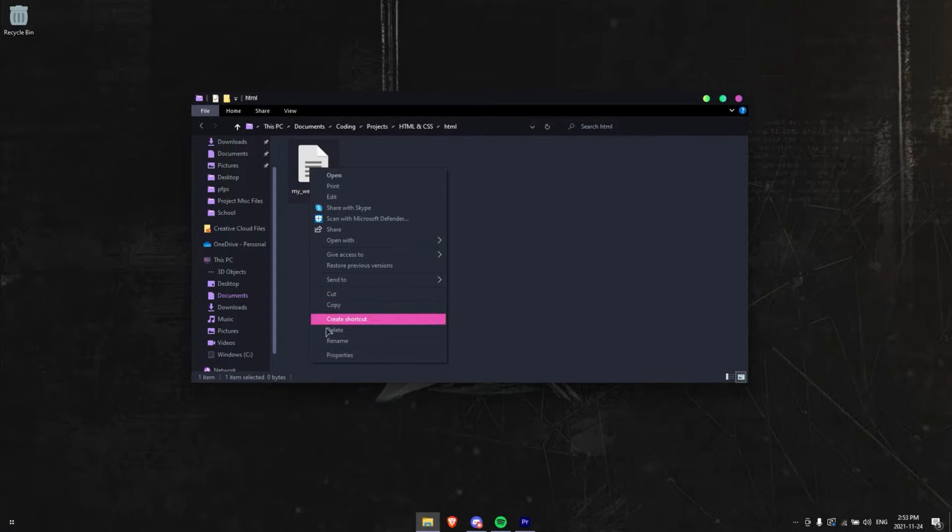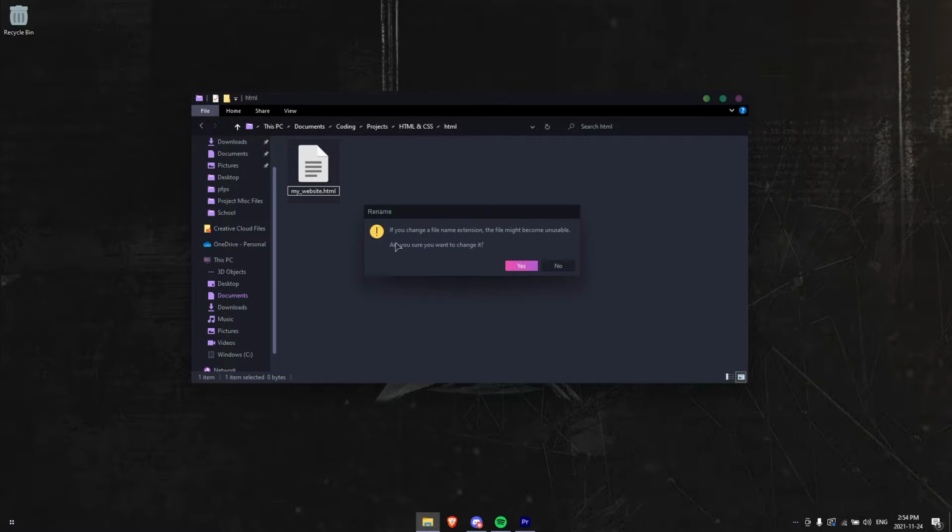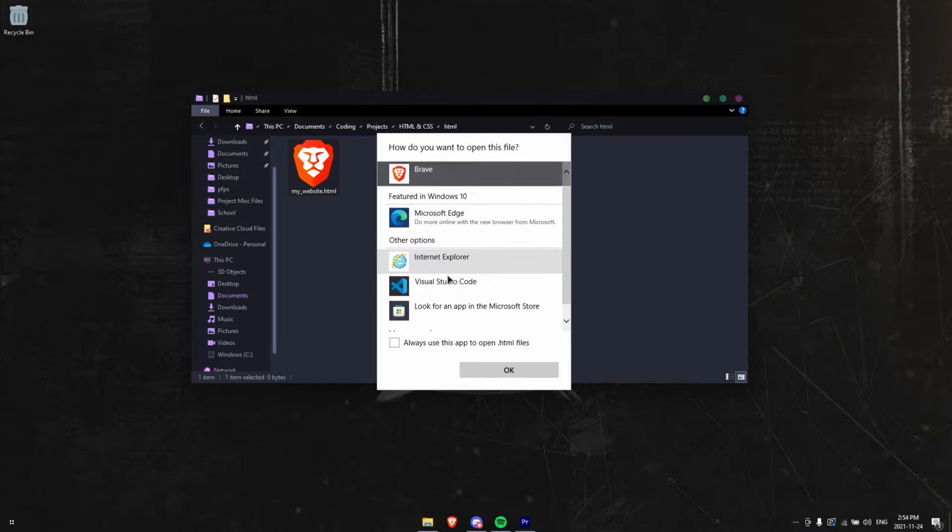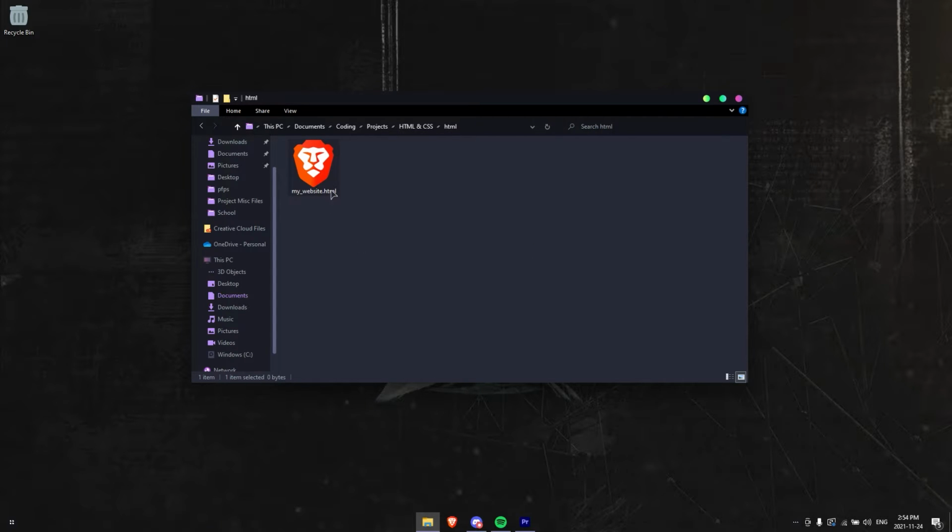And anyways, if you right click it and hit rename, and then just remove the .txt so that it ends off with .html. Hit enter, and then you'll have this pop-up saying if you change the file name extension, the file will become unusable. Just hit yes, and now the icon will change from a text document to your default browser. And if it hasn't changed to your default browser, you just gotta right click, hit open with, and then your browser. And if it's not here, you just hit choose another app, and you can look for your browser. Now if you open this file, boom, it just opens up in the browser,